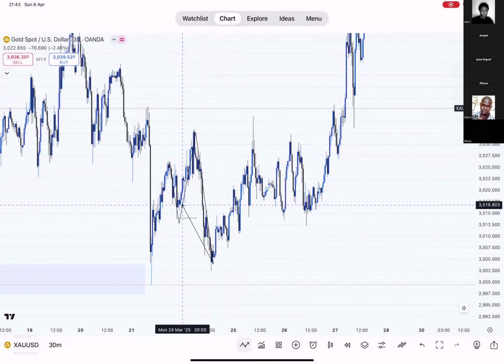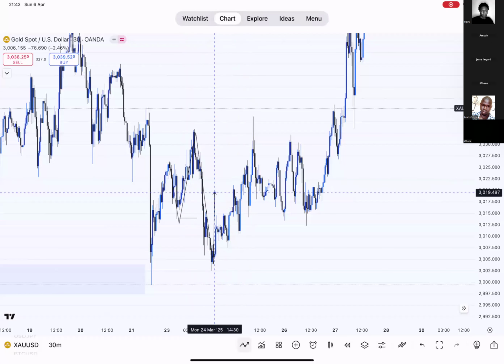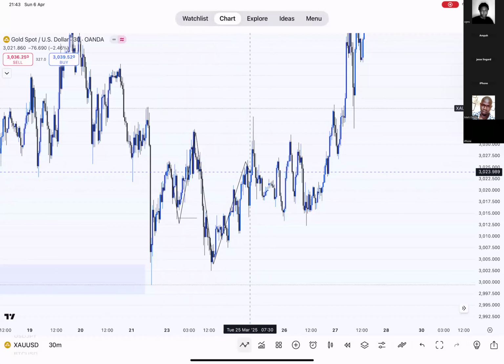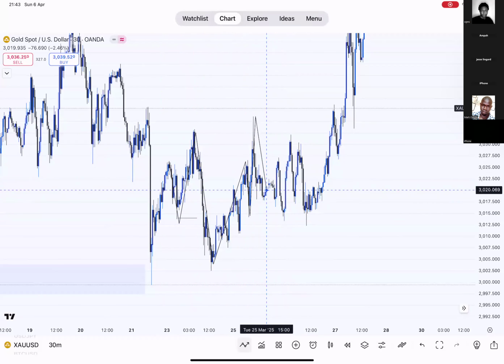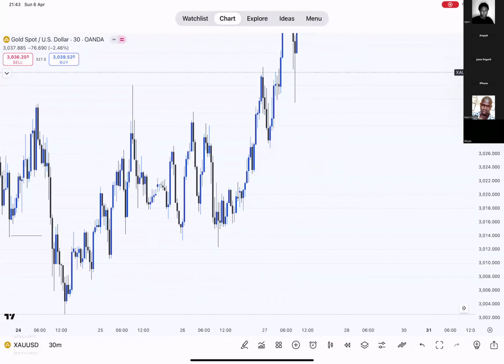Change of character. Now many people will say, let's start selling from this zone, and you can actually see a reaction from here, from another block here. But all of a sudden, the market went straight up. Then if you check here also, you can see that this is